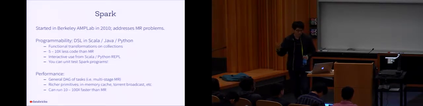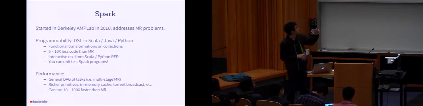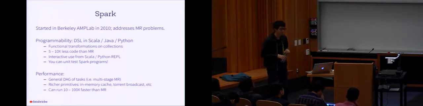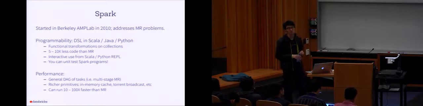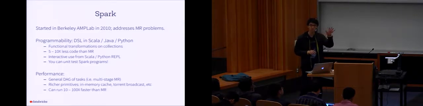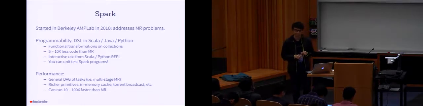So now, this brought me to Spark, which you're all experts in now. Back in 2009, Matei Zaharia started the Spark project as part of his PhD work at Berkeley. And it was open sourced in 2010. Spark was designed essentially to address both problems of MapReduce. One is programmability, and the second is performance.